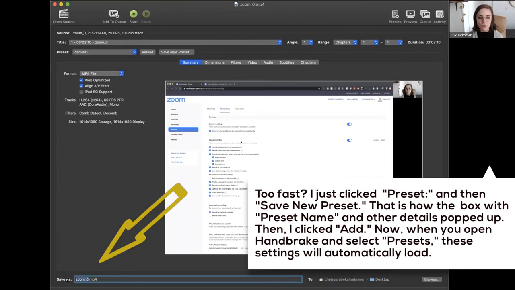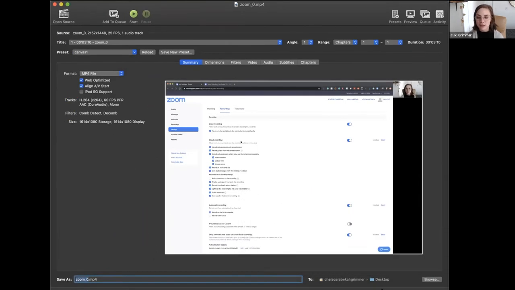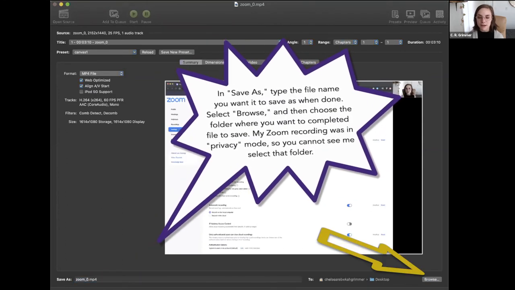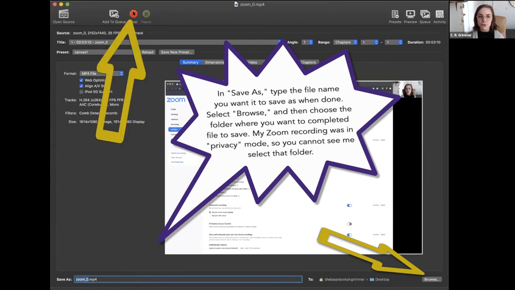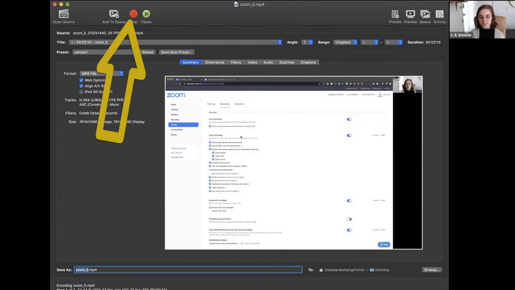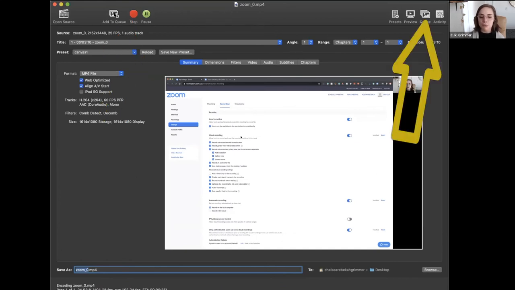So down here, you label your file, and then you tell it where you want it to save by clicking Browse, select your spot, choose, and then all you have to do is click Start. And while it's transcoding, in the actual application on Apple devices at least, it'll tell you how long you have to go. If you would like to do multiple at once, you can create a queue similar to a printer, but for the purposes of this video, this is really all you need to know.